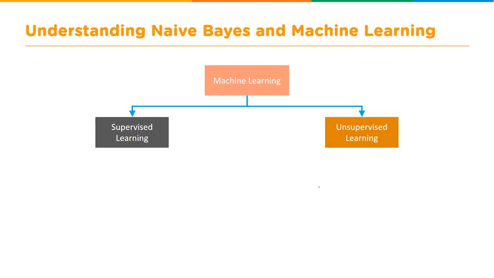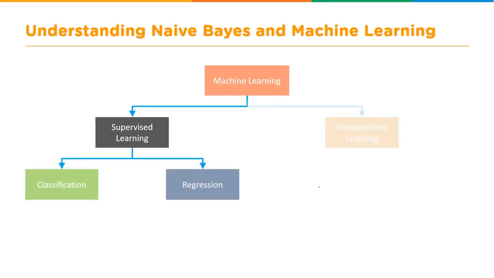And the second one is unsupervised learning. When we talk about unsupervised learning, the machine learning model does not have any prior knowledge about what type of object it is going to process. Blindly, it tries to do some operation based on the common similarities between the available objects. Clustering could be one example of this.